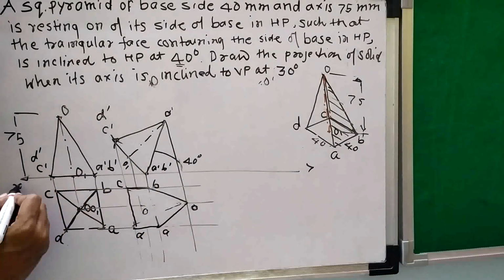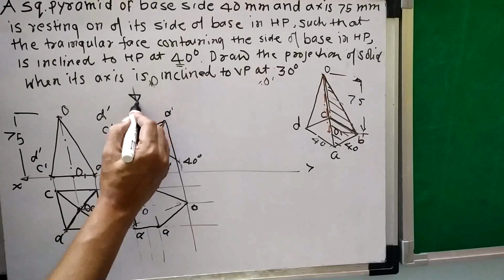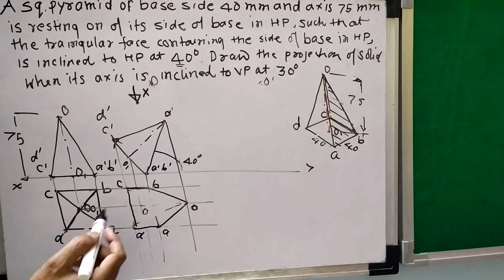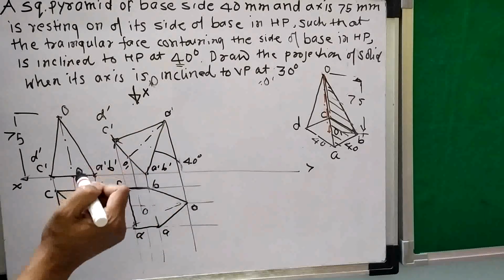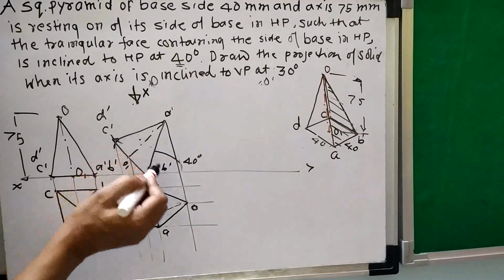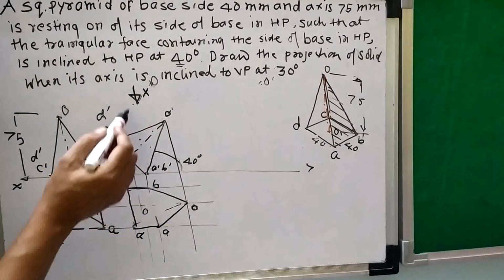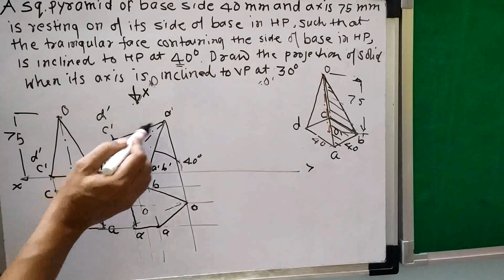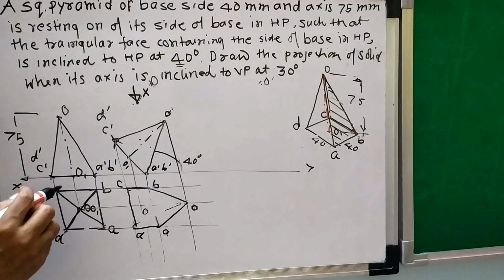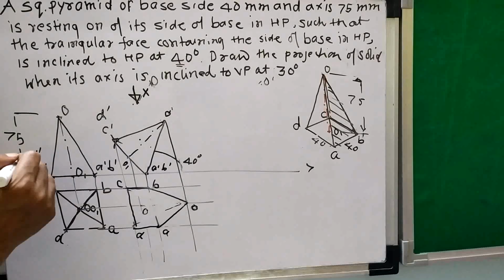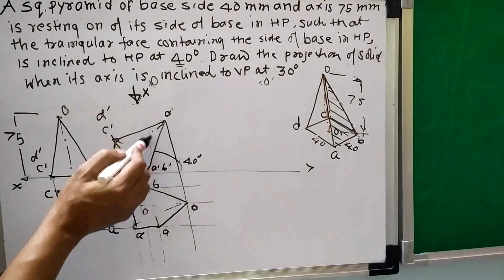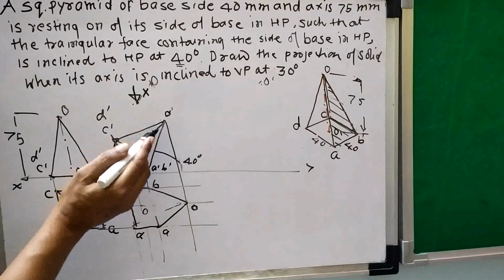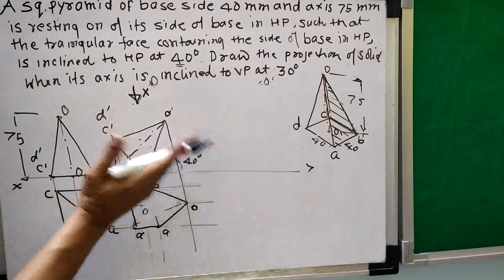So this is the object and this is the XY line. So the observer will be here. This is the observer, because in the first angle projection method, the object is always between the observer and the XY line. So if this is the object and this is the XY line, this is my observer. Now the observer is on the top, and for this observer, OC and OD are nearer to this observer. Up to this center line OO1, whichever portion is above is nearer to the observer, and below this center line, the portion is going away from the observer.